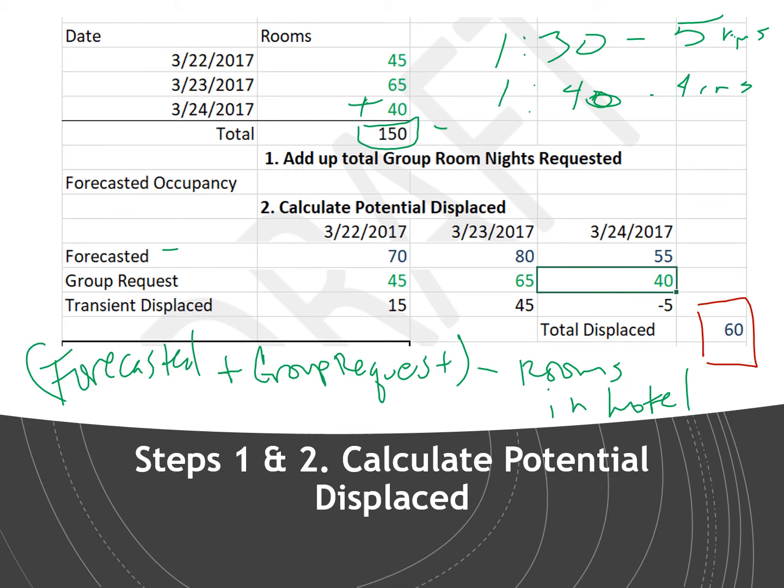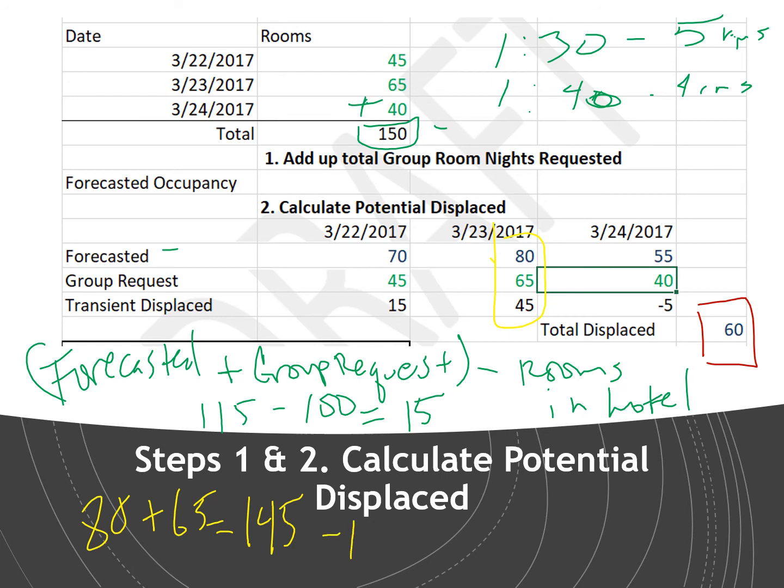Okay. Now this number is important. This format is important because this number, in this case, 70 plus 45 is 115, minus 100 rooms in the hotel, gives us a potential displacement of 15 guests. Okay. If we look at the next state right here, 80 plus 65 gives me 145, and then I subtract that 100 rooms and I have a potential displacement of